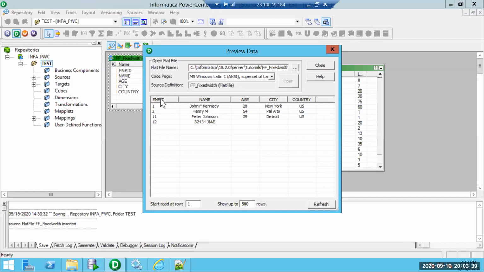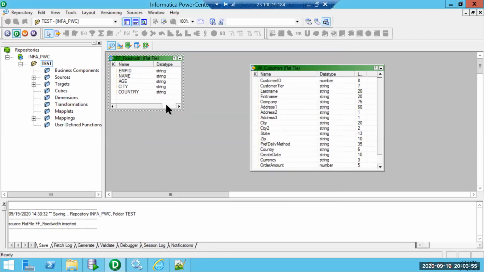Then anything beyond that will be spilled to the third column. Likewise it goes. So it will be at what position the previous column is ending, plus 1, to the length of the column. What is the length of that specific column? The best example: employee ID length is 2. So from 3, 15 characters will be the second column. From that position, again 2 characters will be designated for column 3.